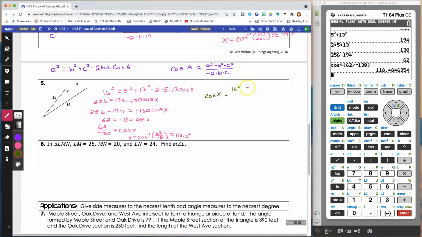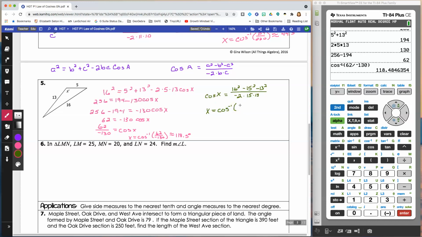So 16 squared minus 15 squared minus 13 squared over negative 2 times 15 times 13. Okay, now again, I would type all of this into my calculator at one time. Many students would not. That's okay. It's completely, again, up to you. But this is x equals the inverse cosine